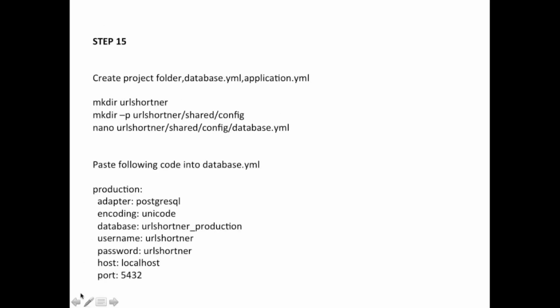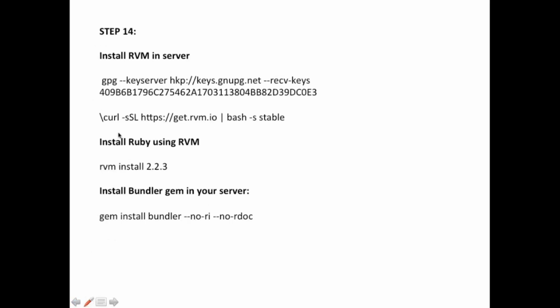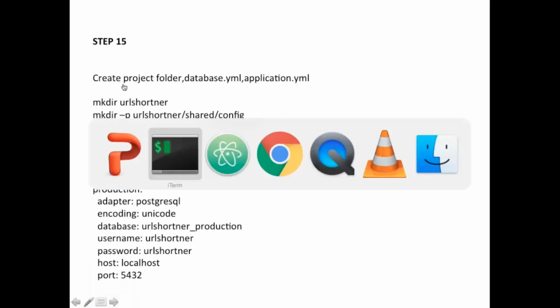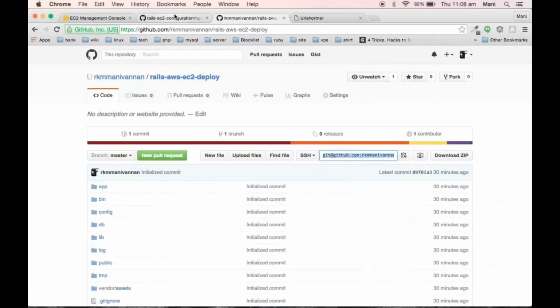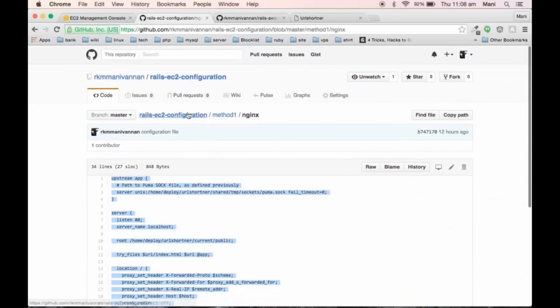So this is the command. No need to worry about that. I have it in my configuration file repository.